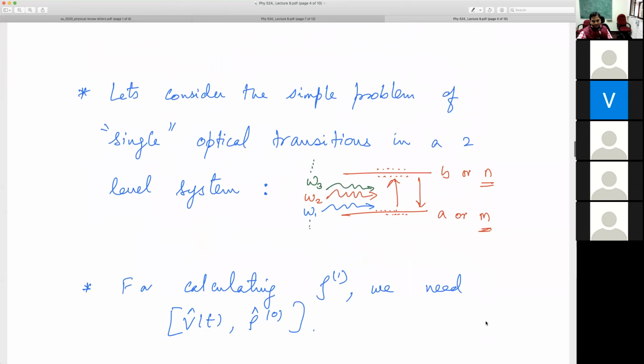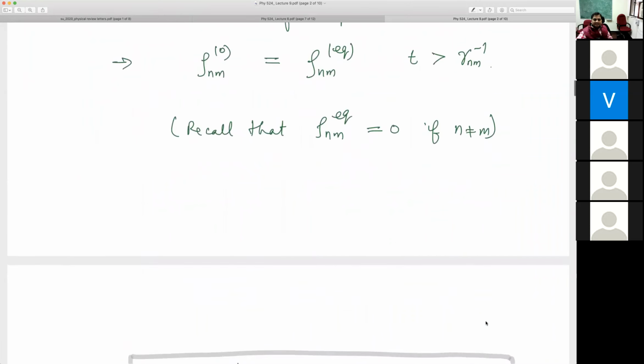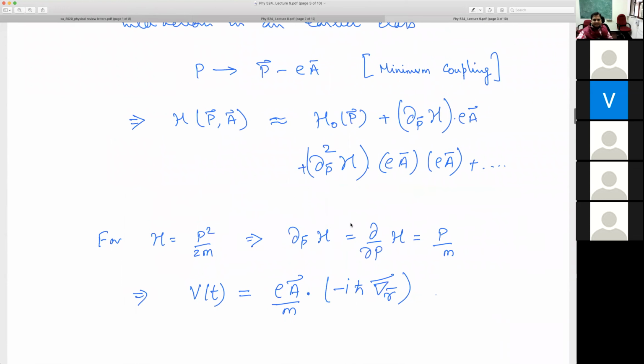A lot of papers we will see that they'll work in position gauge. Yes, Sunit, go ahead. Sir, what is minimal coupling? Minimal coupling is this: p goes to p minus eA in presence of light, right? Yes, sir. That's just a name for this, minimal coupling. So it is called minimal coupling.